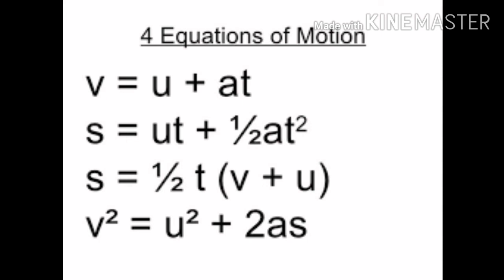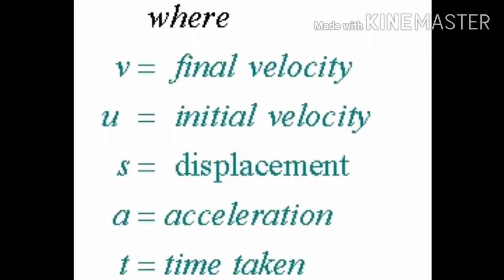Here we are going to use some letters in order to indicate the values. The first one is small u, which is used to indicate the initial velocity of the object, and a is the uniform acceleration, t is the time interval, and small v is the final velocity of the object, s is the distance traveled by the object in time.